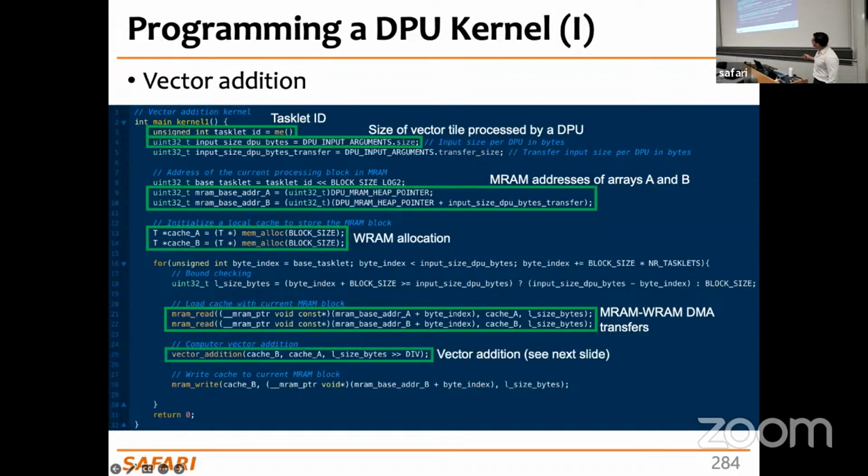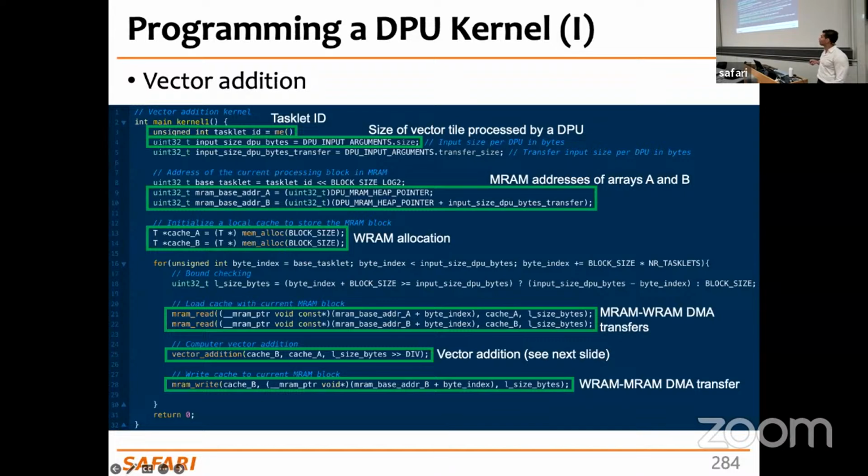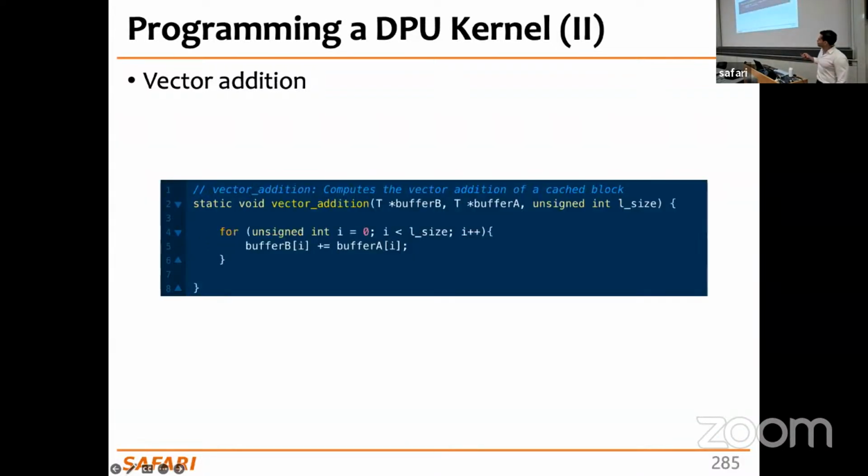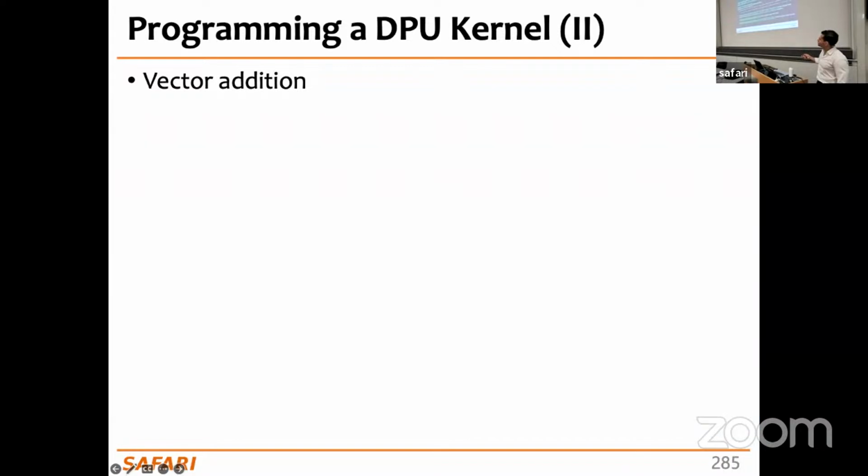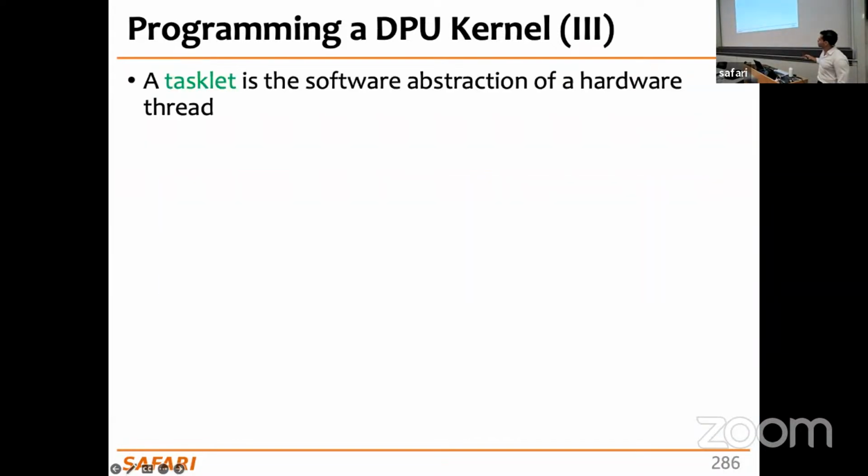You move the data from the MRAM to the WRAM explicitly, using the mram_read and mram_write operations here. And then finally, you can launch the kernel, and then you write back the data from the WRAM to the MRAM. This might sound quite hectic or complicated, but you can always follow the same recipe for whatever code you're going to implement in the lab. This is going to be available online, so you can reference back to it. Finally, what is left for you to do is to launch the kernel. Here it is just a vector addition operation.